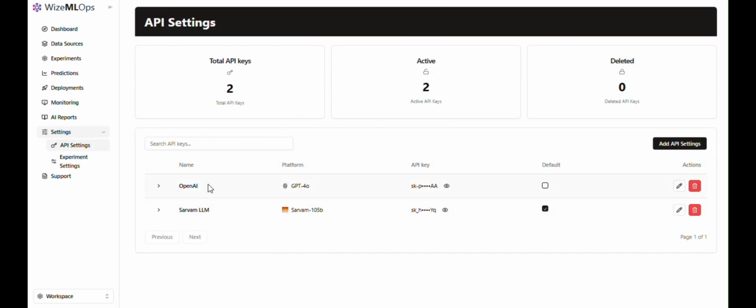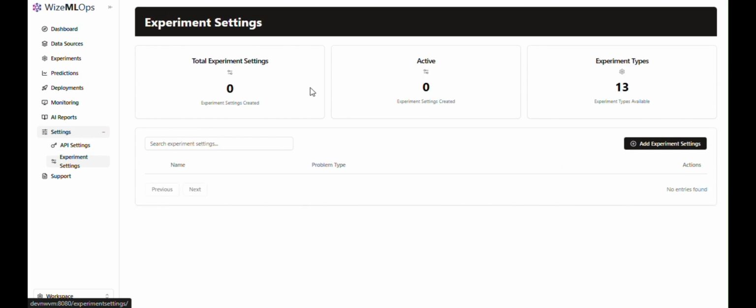Users can also select a particular API configuration as the default setting, allowing the platform to automatically use that configuration wherever applicable. Moving to the second section, we have Experiment Settings, which primarily focuses on configuring hyperparameter tuning options for